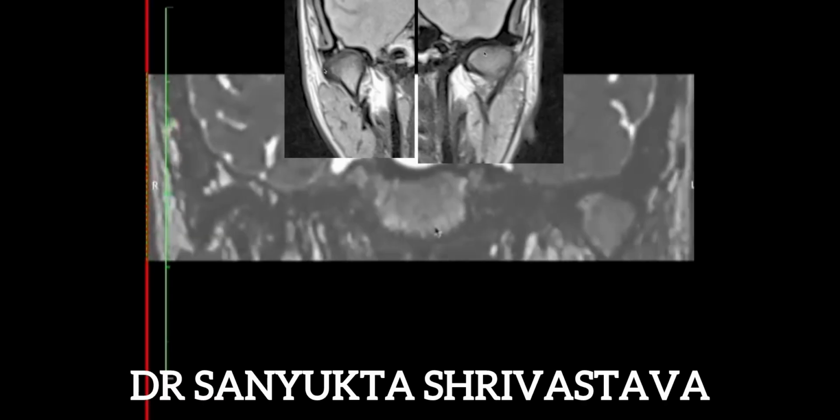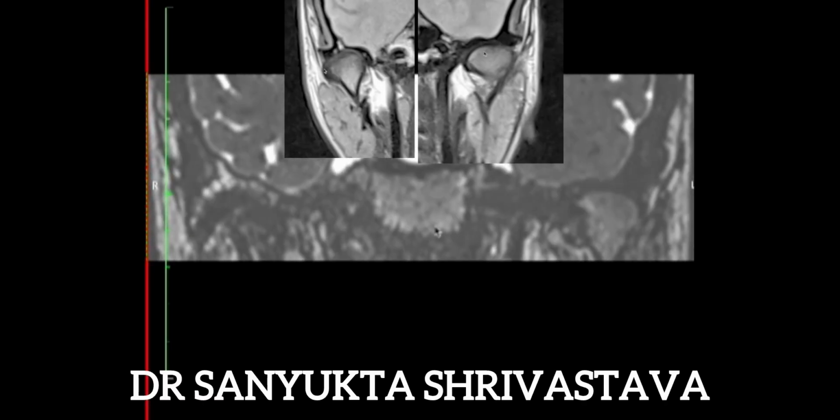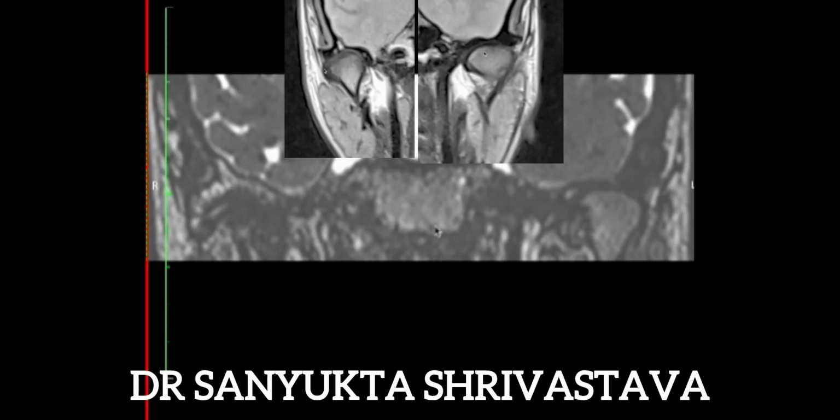Now, if you see the left temporomandibular joint of this patient, you will appreciate that the structure of the condyle is absolutely normal. It is not slanting laterally. It is upright as it should be, and the disc is also at its proper position over the condyle.